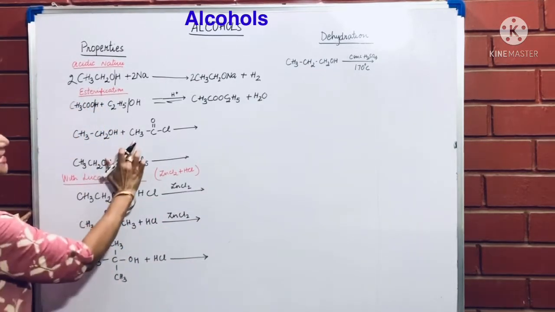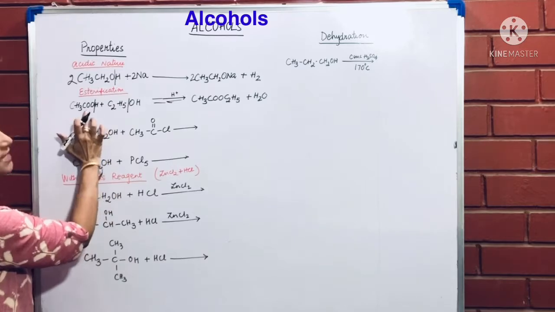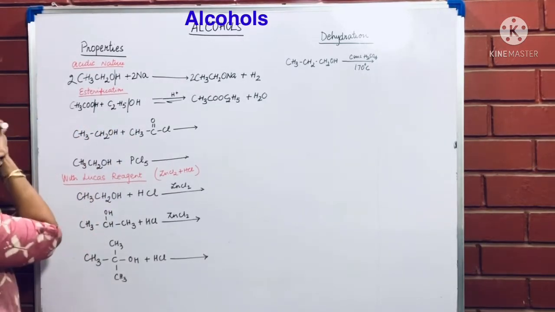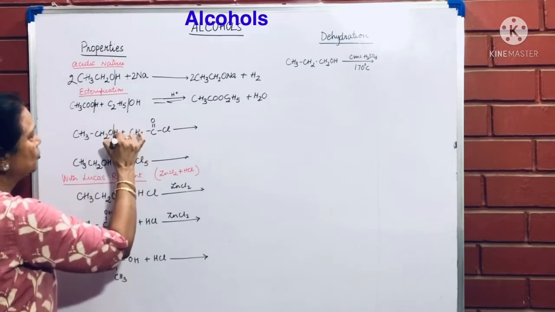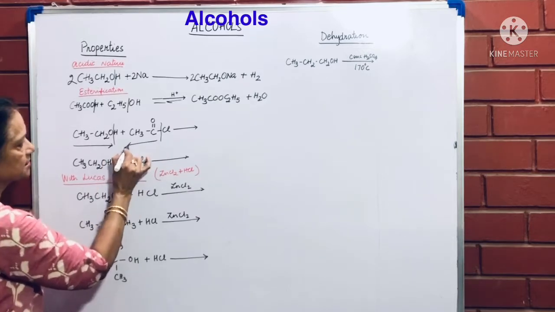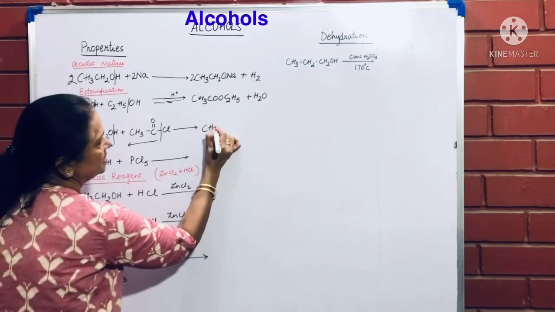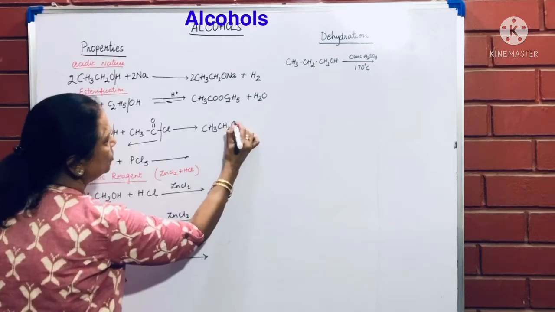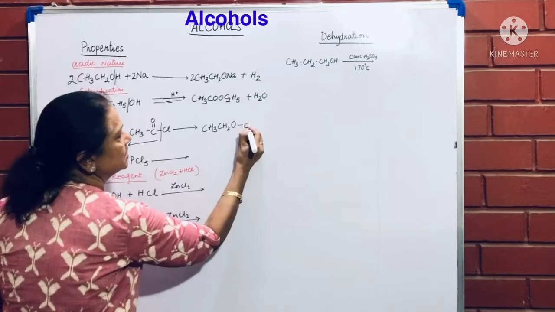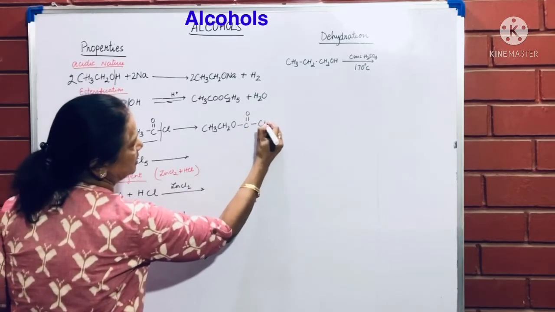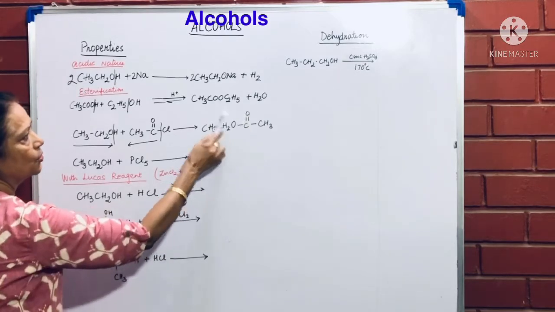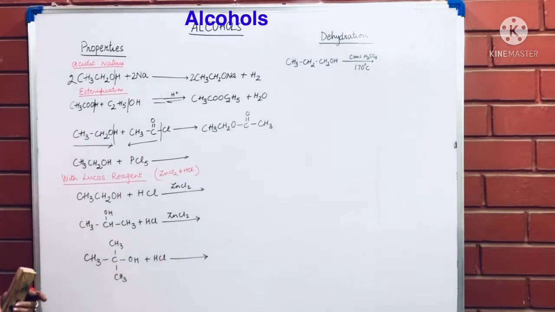This one, this is acetyl chloride, similar to the acid. I told you earlier, acetyl chloride is the compound of an acid. So again, I'll remove HCl from here. This way I'll write, and then this way. See, CH3CH2O from here. Now start writing from this side. COCH3. So basically, this is also an ester, COO. This was COO. They are similar compounds.